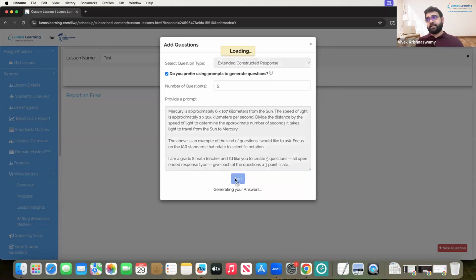But it does take a second, especially when you use the AI prompt. The cool thing about it is you can also throw in pictures. For the younger students, the teachers love the clock questions, having a little picture there. But even for the older students, graphs and things like that, the picture really helps. The reason I like the prompting part is because you can copy paste one question that you like and then say make 5 of those, and then you have a little formative test right there.